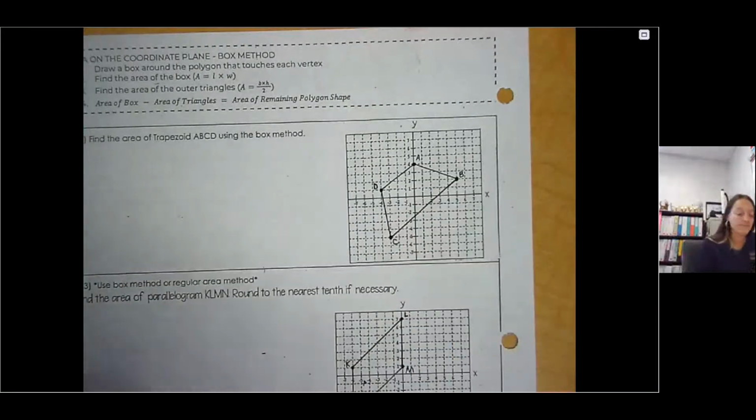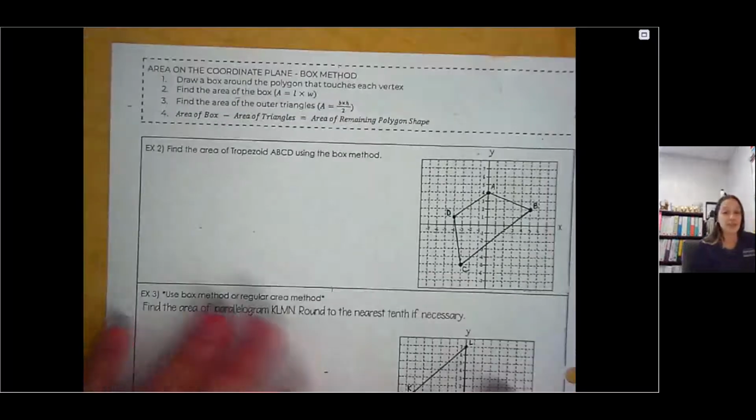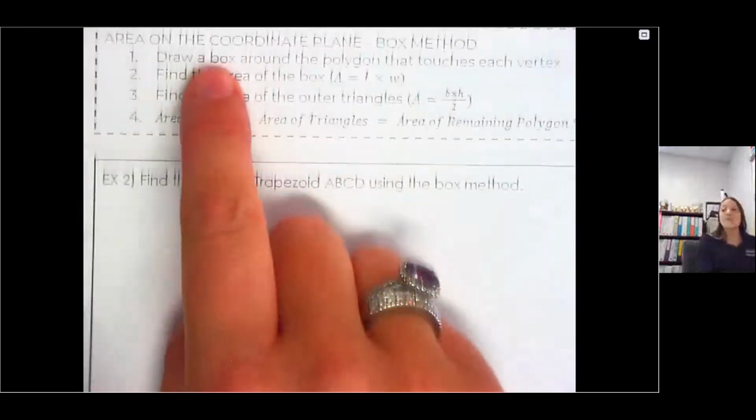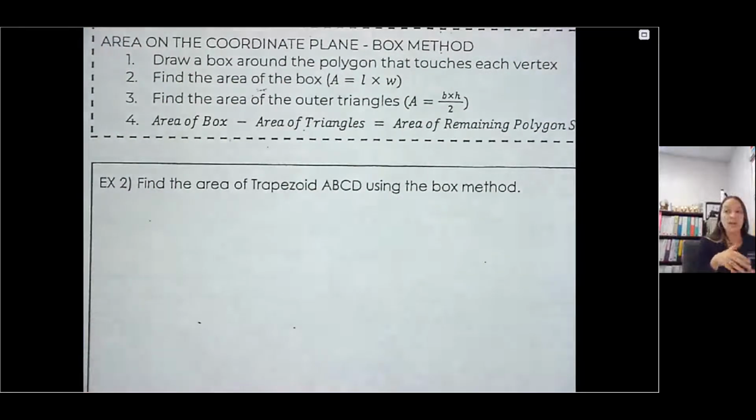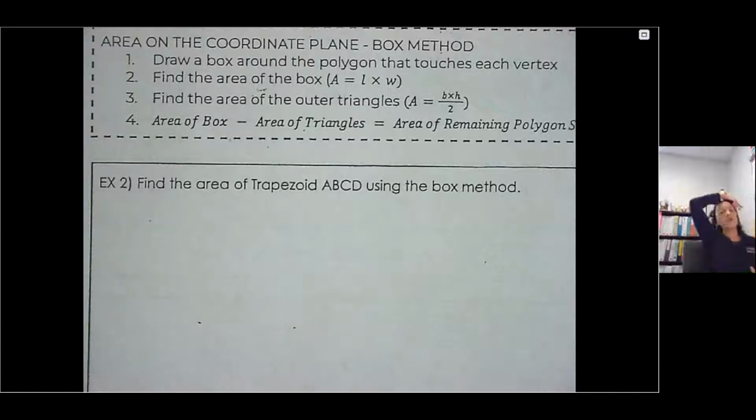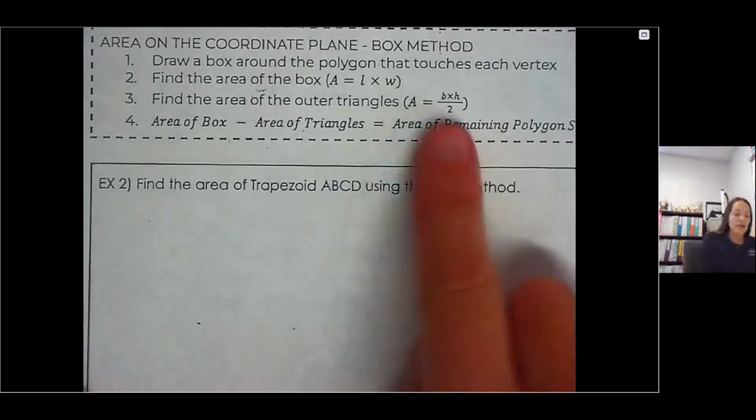of the polygon. So there are 4 steps to this. Step 1, we're going to draw a box, and when I say a box, I mean a rectangle. I'm not talking about like a crazy shape. I need a rectangle. So I'm going to draw a box around a polygon that has to touch each vertex. It must touch each vertex for this to work. Number 2, I'm going to find the area of the box, and because it's a rectangle, I'm doing length times